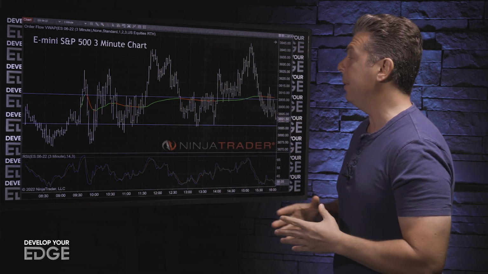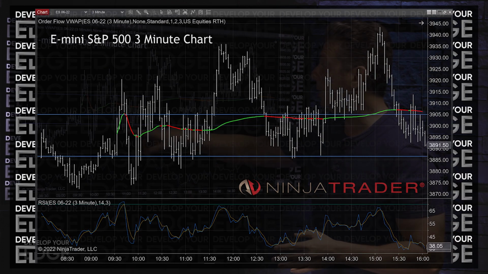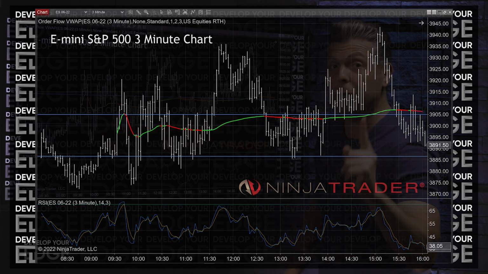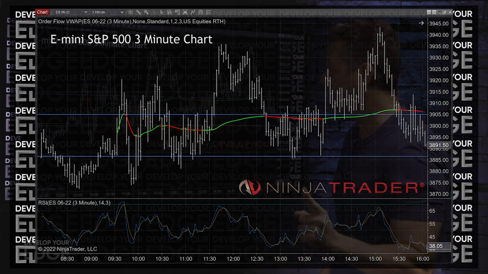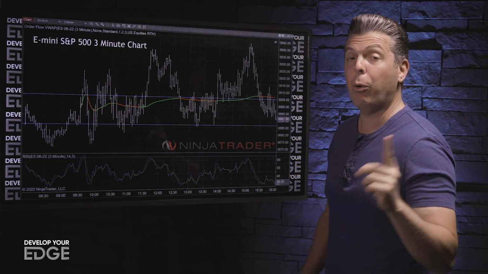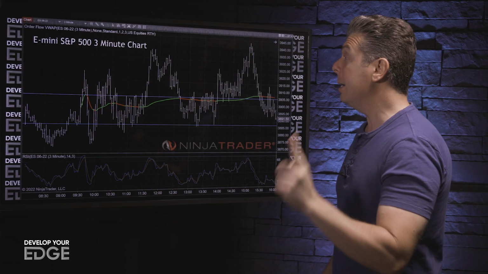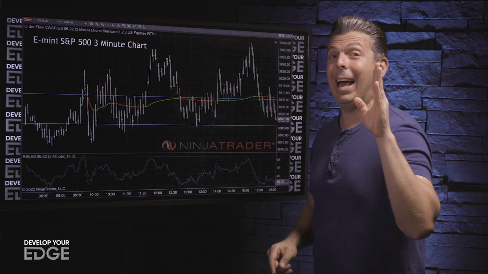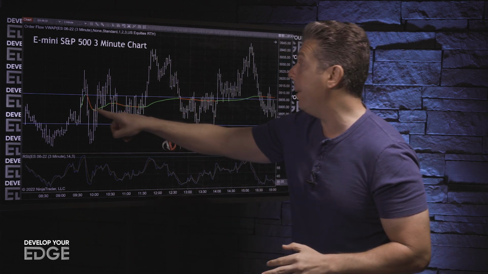Now, a quick recap of what I'm using here on this chart. First thing I do is I draw a horizontal line on the opening 3-minute high and low using regular trading hours only. So at the 9:30 Eastern or the 8:30 a.m. Central time, that first 3-minute bar, I draw those horizontal lines and then I anchor an order flow VWAP to